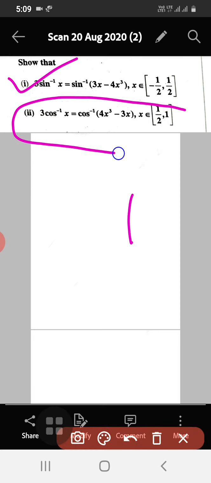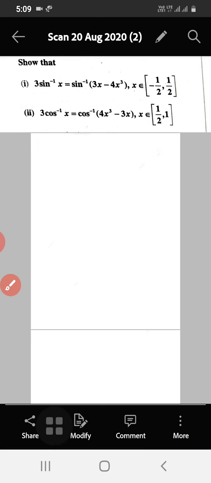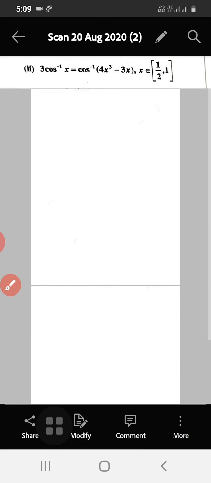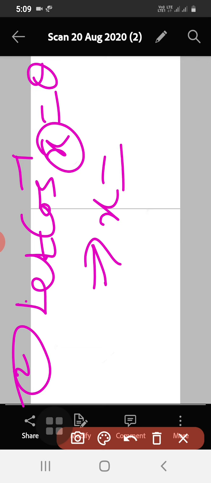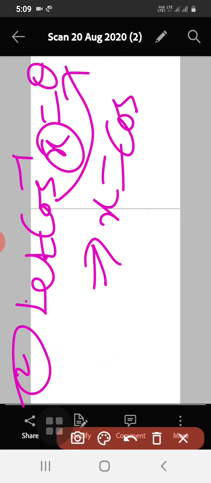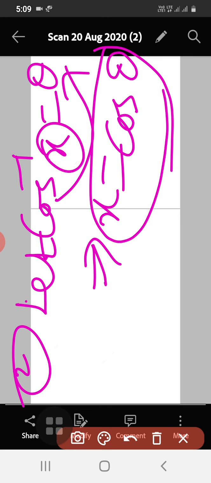Similarly, you can prove this second one here. The second one is the same, but only thing is cos inverse is given. So I can go for the second one. See how we began in the first case. Let cos inverse x is equal to theta, then you shift this cos inverse to the right hand side and I will get x is equal to cos theta. Then we have to consider the right hand side, which I will do in the next step.